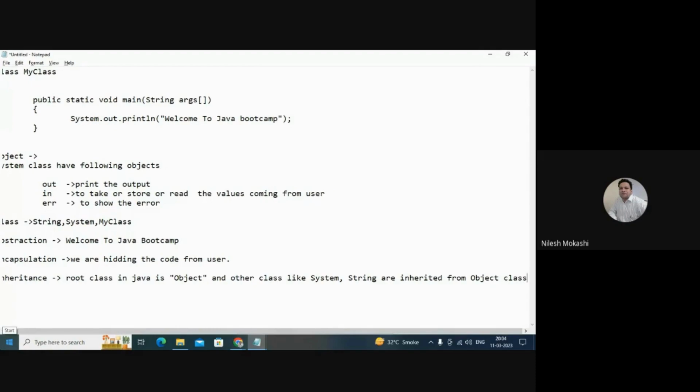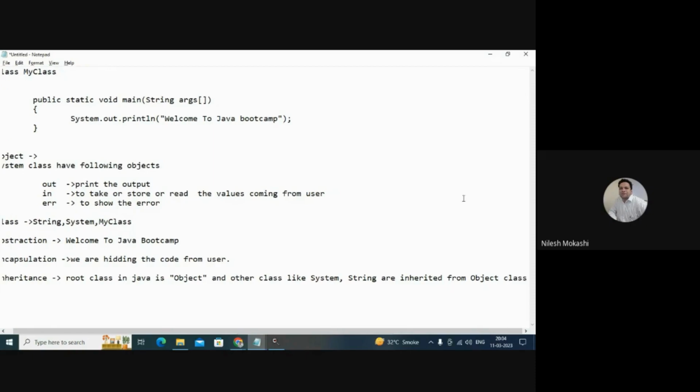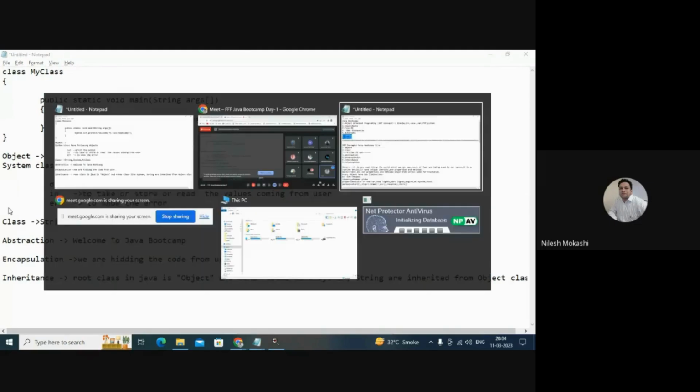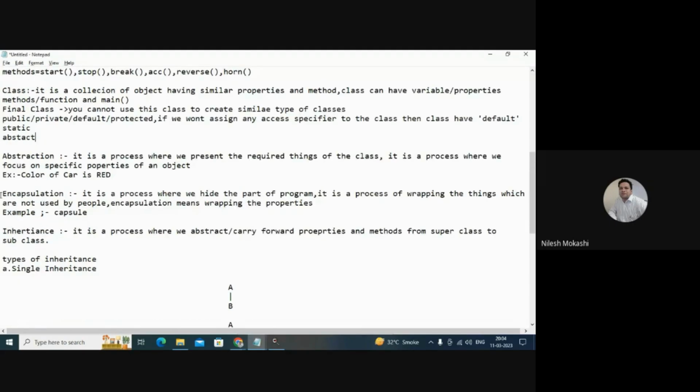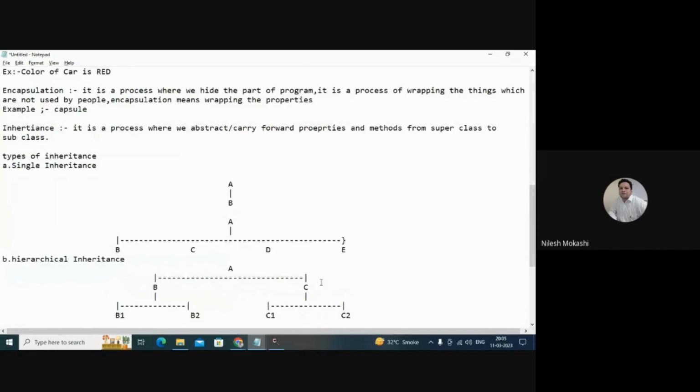Correct? Very good. I hope everyone has understood it. I said I have a base class, the root class, called Object. So from Object, derived classes are also created in this program, called String and System. If you saw the inheritance example, see here, I have used a single class here. This is single inheritance. This is also single inheritance. This is also single inheritance.